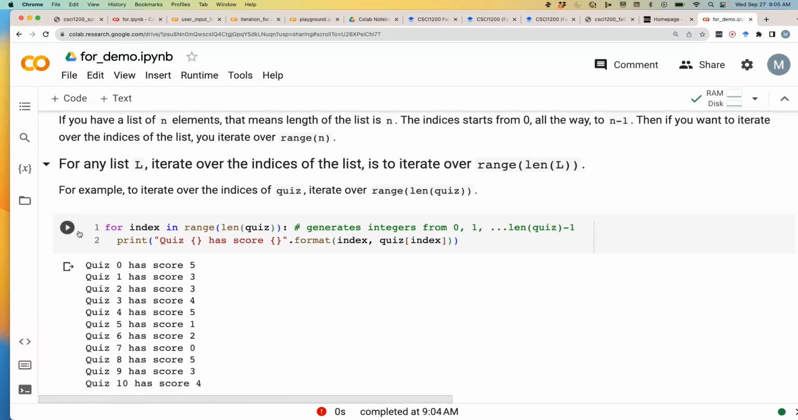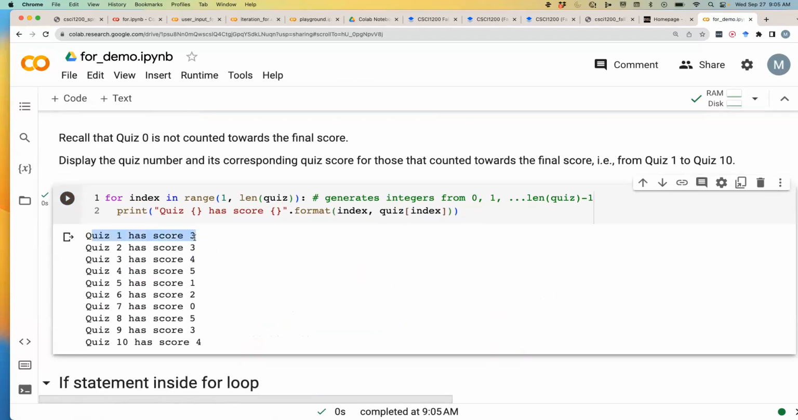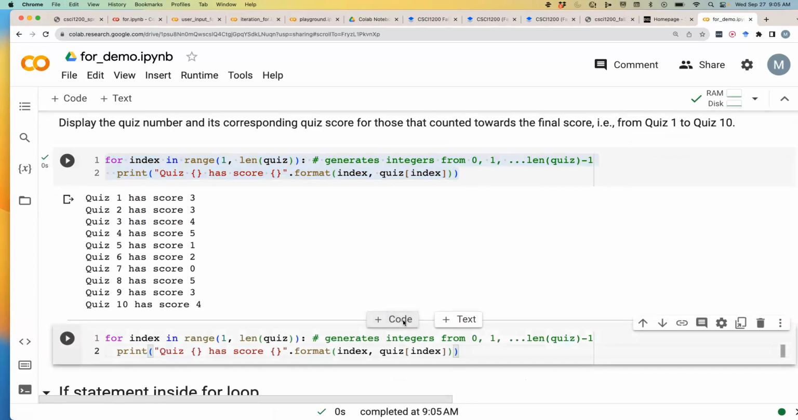We're going to start at 1 here. Okay. So instead of starting at 0, we start at index 1. Good. Now, in particular, sometimes we're only interested, for example, in the second half of the quiz or the first